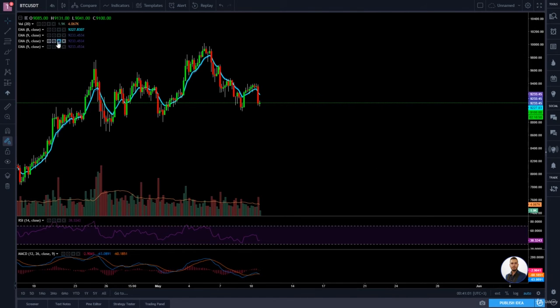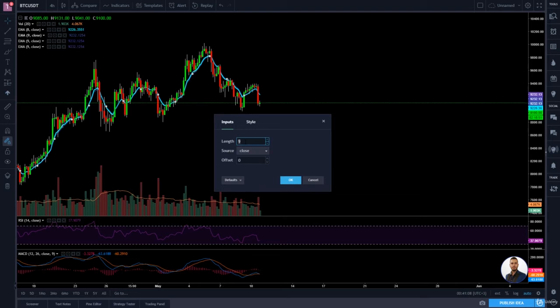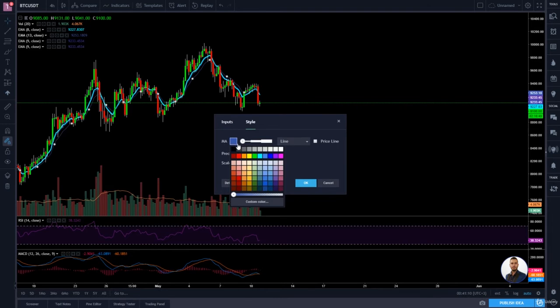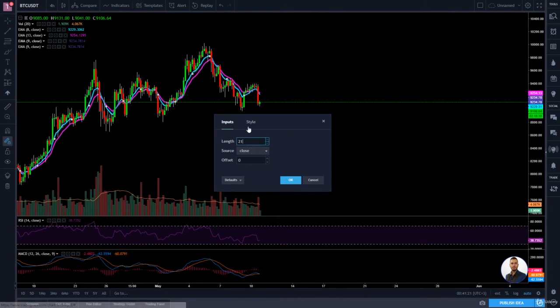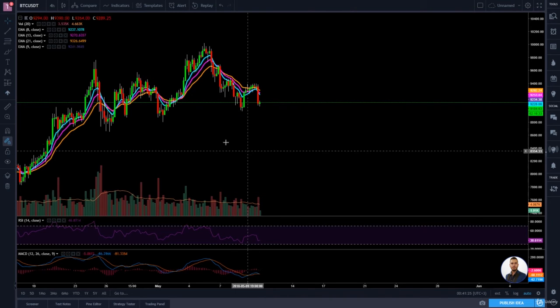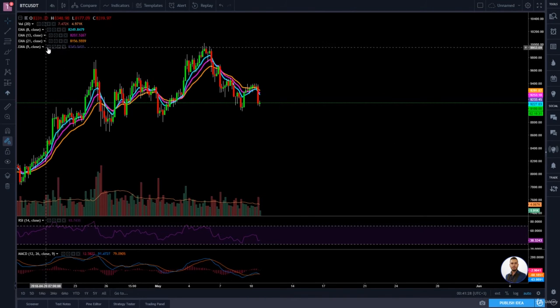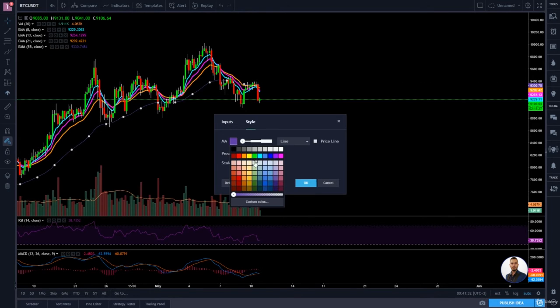For the second one, we will do the same thing by pressing this format button, and I will change the period here to 13, and I will change the color to purple, and I will make it a little thicker as well. On the next one, we are going to do the same thing, changing the period to 21, and the color to orange and a little thicker. And for the last one, the period will be 55, the color will be yellow and a little thicker as